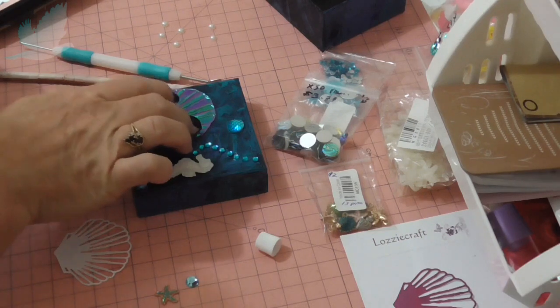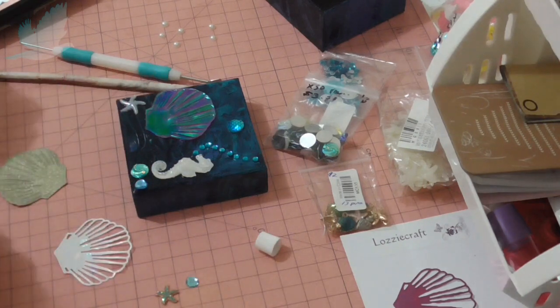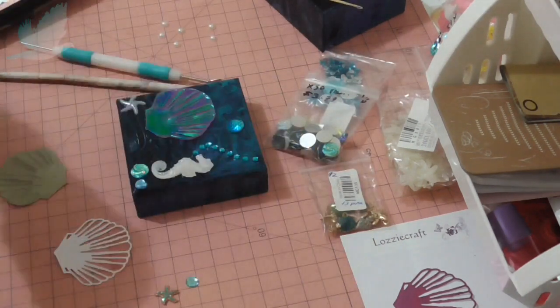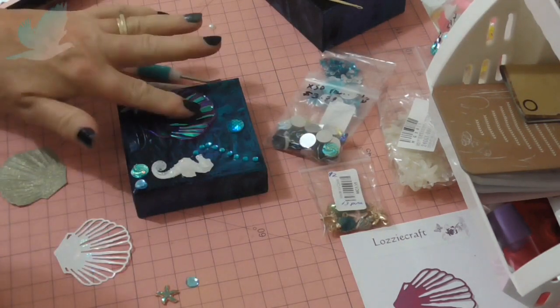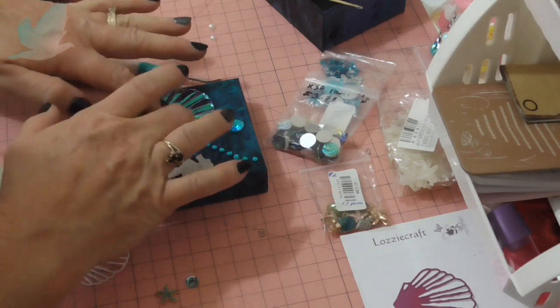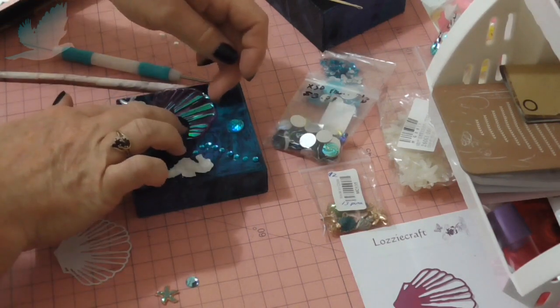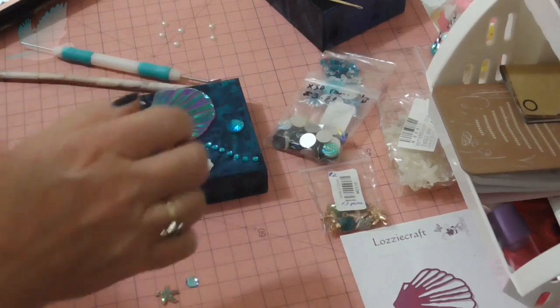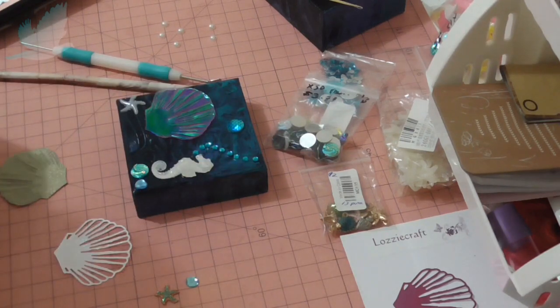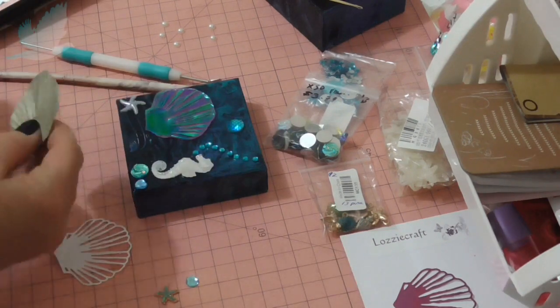That'll probably want to pop up a little bit. There we go. Now I'm not going to stick anything at the very end, not the top here, because I want to give it a bit of depth. So now